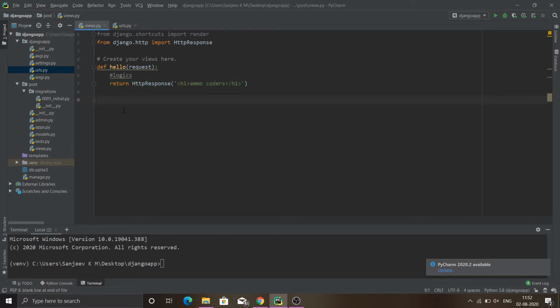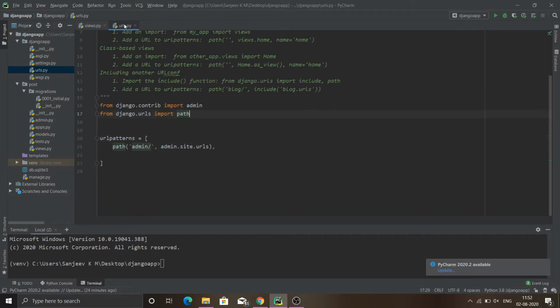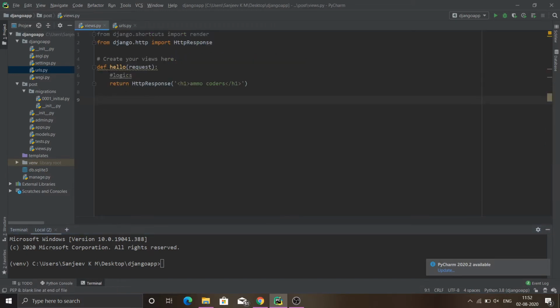To create a path for our view, the urls.py file comes in handy. Even though we have created our view, Django doesn't know when to show these contents. That's why the urls.py file comes in. The urls.py file stores the information of the location that has to be mapped with each view.